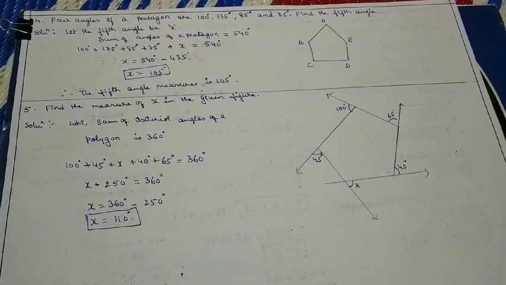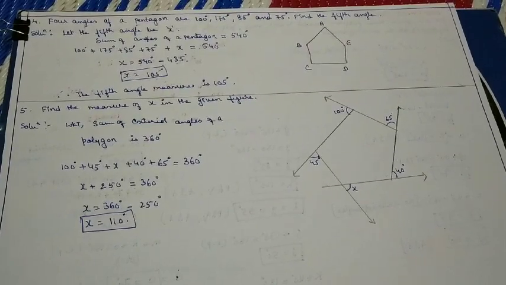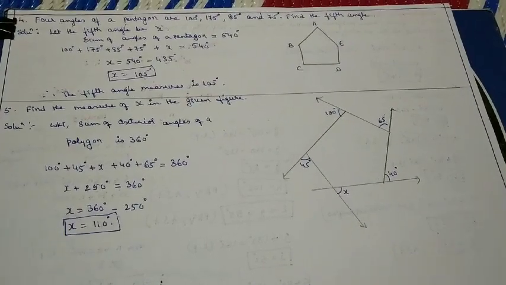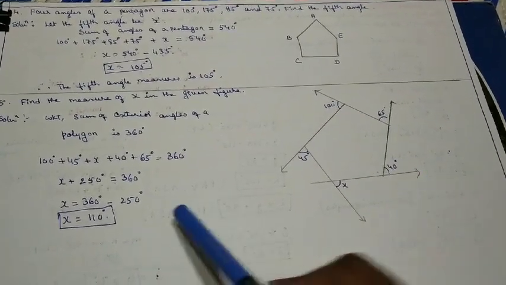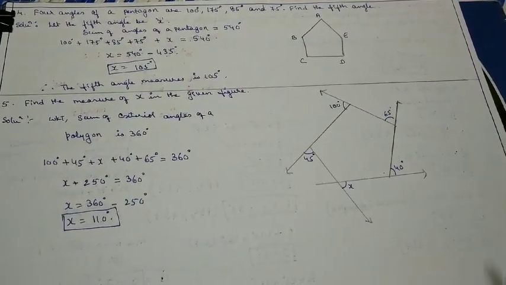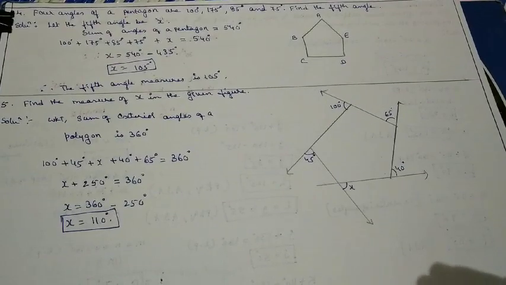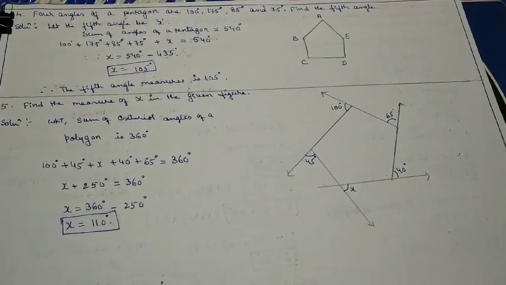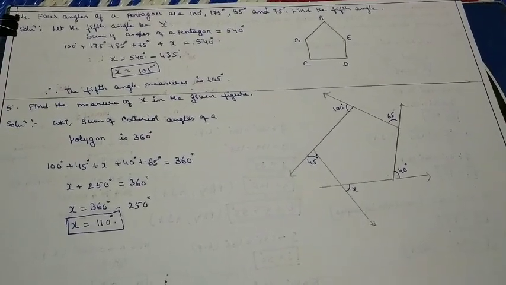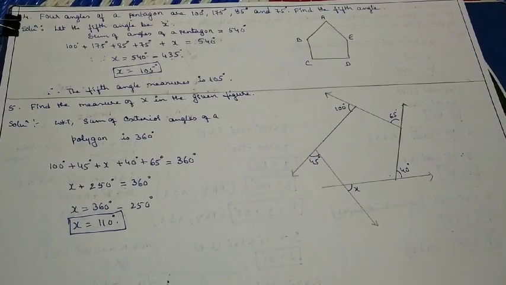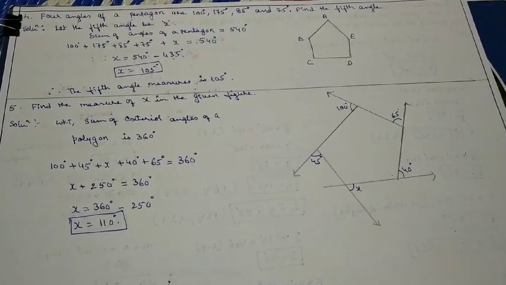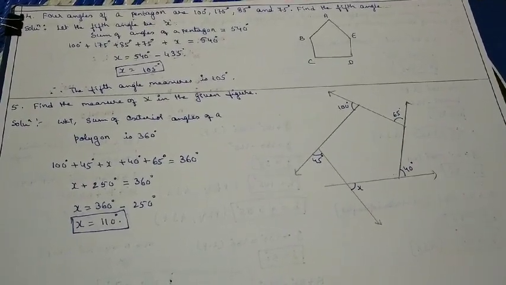This is how we need to find the variable. First we have to check whether the variable lies in the interior of the polygon or the exterior of the polygon. If it is the exterior of the polygon, then the angle sum is 360. If it is the interior, first you have to confirm what kind of polygon it is. If it is a triangle, then ASP of triangle is 180. If it is a quadrilateral, ASP of quadrilateral is 360. If it is a pentagon, ASP of pentagon is 540 degree. If it is a hexagon, then ASP of hexagon is 720 degree, depending upon the number of sides or vertices. That is nothing but the type of polygon.